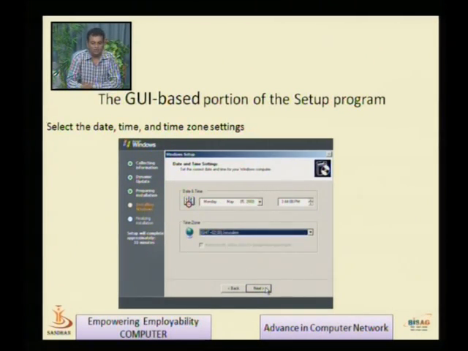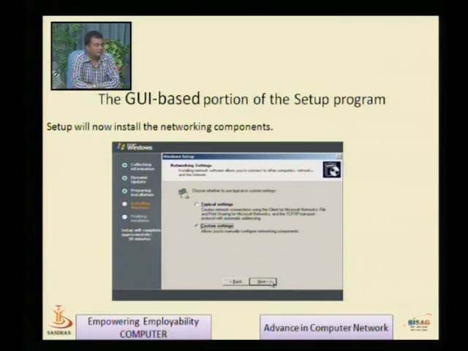Now after the username and password of the administrator, the next screen displays the date and time setting. Here we have to set the date and time. Our Indian time is plus 5:30, which we have to set. Then we click next, and it is going to install the network components, because a server cannot work without